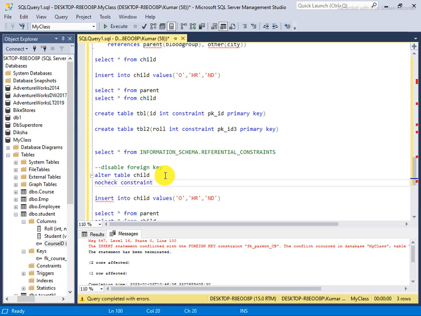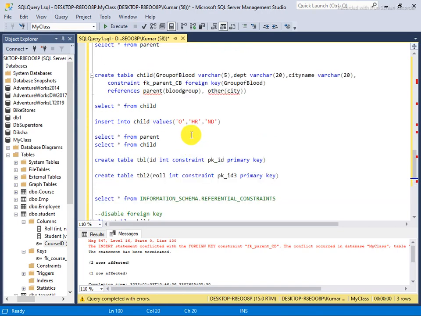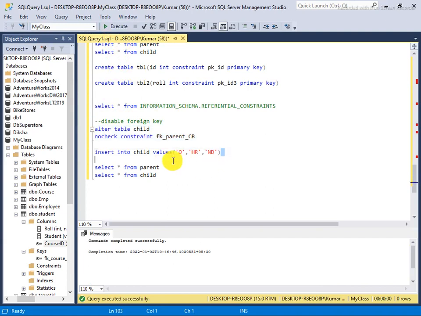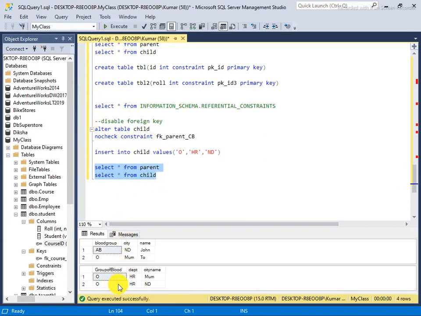constraint. What is the name of the constraint? The name of the constraint is fk. That's why I always insist that you put a logical name. If you do not put a name, then SQL Server automatically gives it a random name. So now I have disabled this. Now if you make an entry, it will not check the foreign key, and your entry will be successful. So now your entry has been accepted.